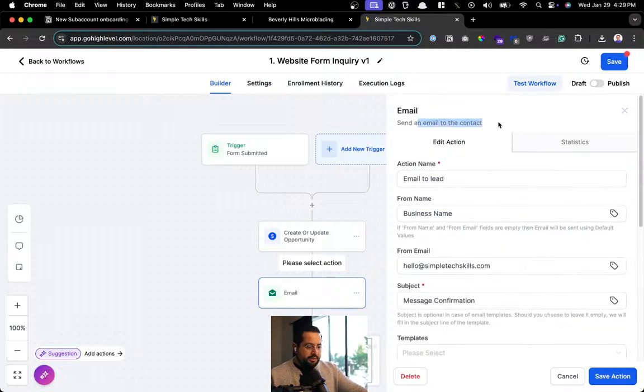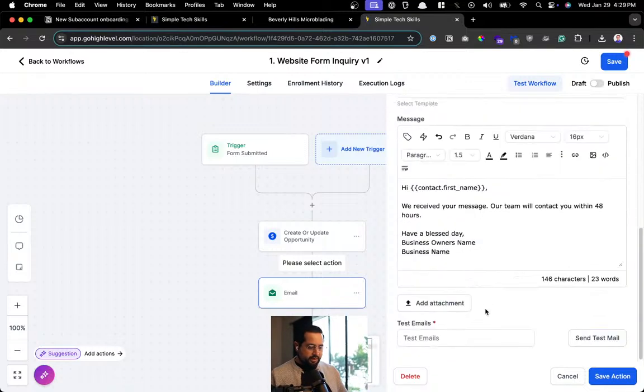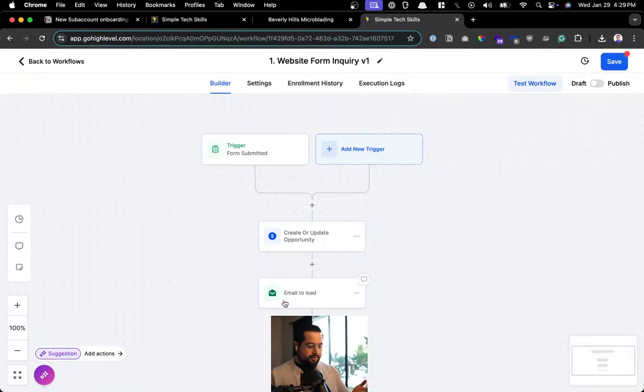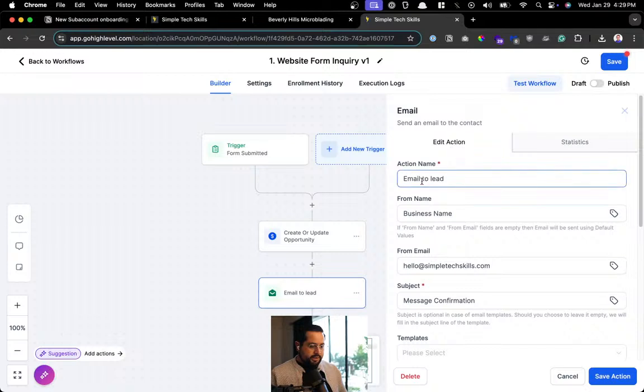Send an email to the contact. Okay, so it triggers it automatically. Cool. I was looking for the field to enter or pre-populate with the variable for the name, but it does it automatically. Okay, cool. I just want to make sure. Save, send email to lead, and then we can just send email to lead